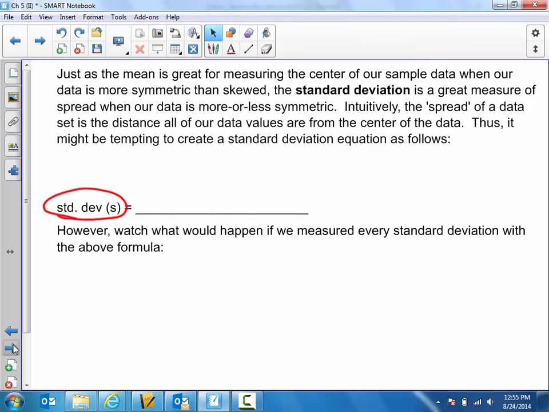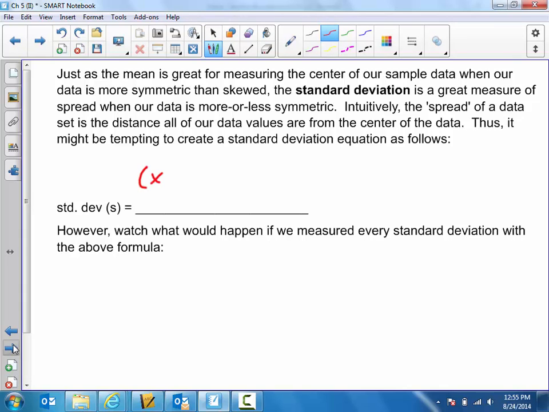You will see in this chapter just one calculation for standard deviation. Here in a bit, you will see a second that is very closely related to s. The only difference really is the denominator. So, okay, we might think for ourselves that s should be the following. Our first data value, subtract the mean from it. That tells you how far the first data value is from the center as measured by the mean. Add to that your second data value, x sub 2, minus the mean, and you just go on up the line